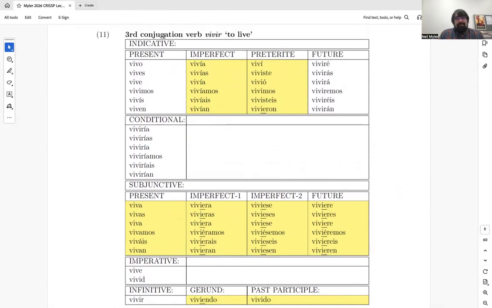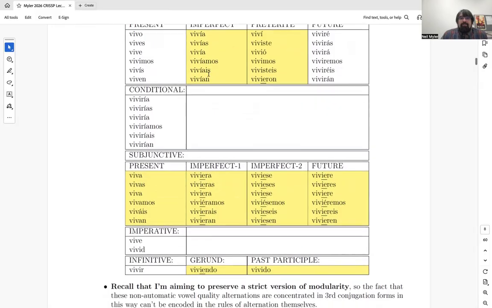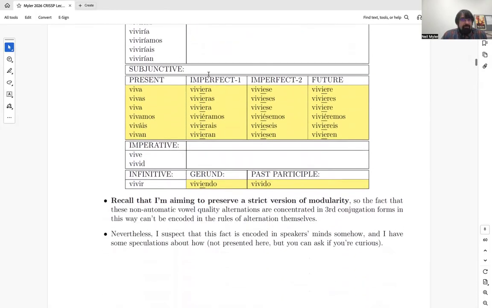Third conjugation for vivir here illustrates the same mergers. So you got vivía, vivías, vivía, viví, viviste, vivió, viviera, vivieras, viviera, viviendo, vivido. And in all these cases, it's the usual "e" of the third conjugation theme vowel that you're seeing, right? Now, calling back to what I was talking about before we encountered those conjugation tables,